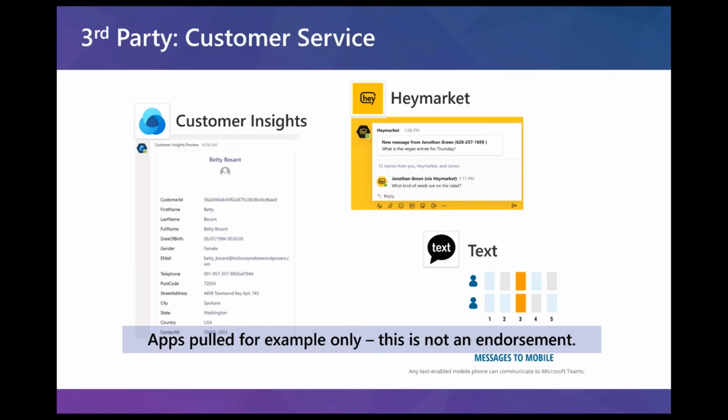And that is trending. Everyone wants to be able to understand their customer better and provide that personalized experience. So just think about that. Think about putting that into the fingertips of your first line workforce. So Hey Market and text. These are pretty cool. I want you all to think about